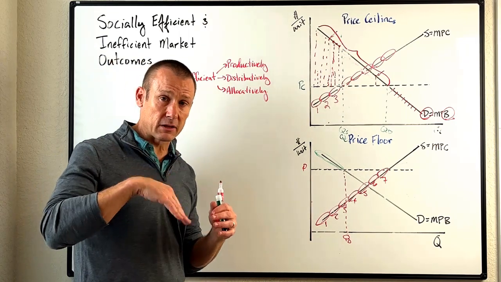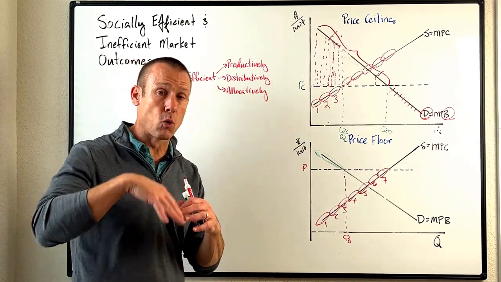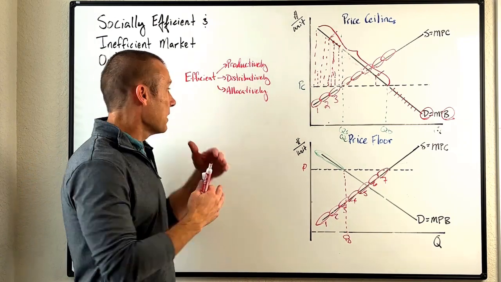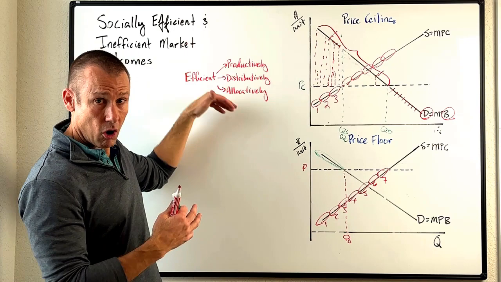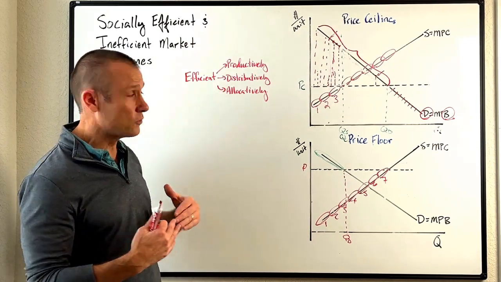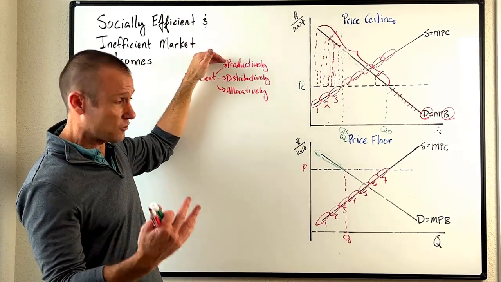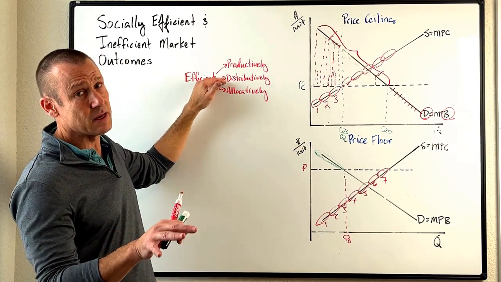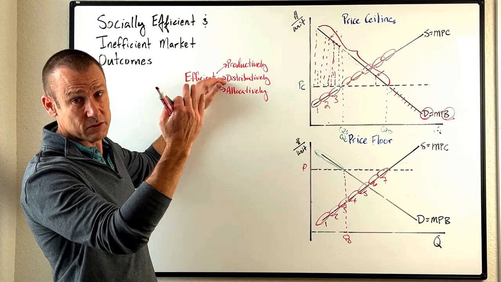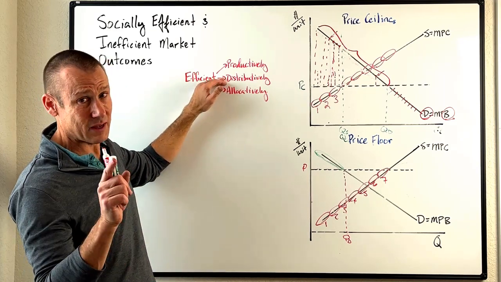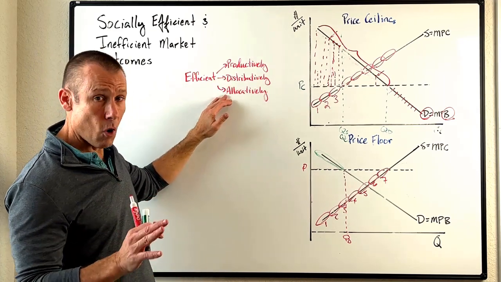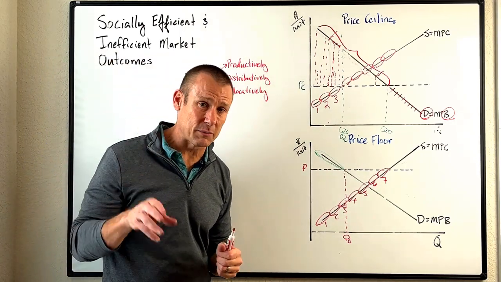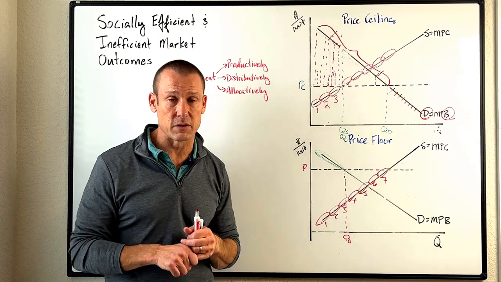Markets, which allocate resources based on price, which coordinate economic activity based on price, have some benefits in trying to achieve all of these. If price is determining who's making it, we're probably going to be productively efficient, generally speaking. If price is determining who's going to get it, well, it's going to be messy. In a way, at least, only those who put their benefits above the price will get it. But hey, we still have that income inequality. And hopefully they get us close to allocative efficiency, but that's a whole different deal when we get into other types of market failures that aren't going to be part of this video.